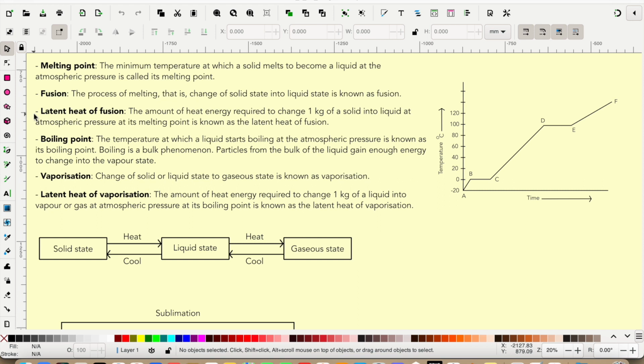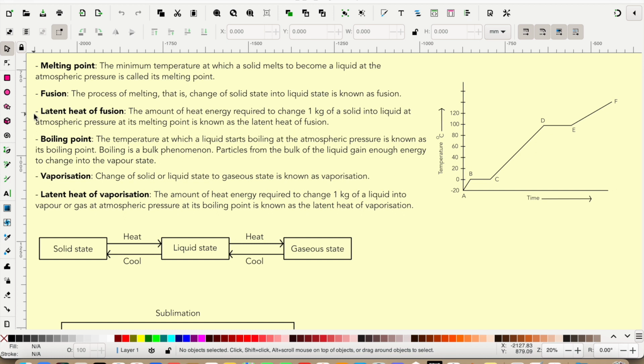Let us understand the latent heat first. We have seen in the above experiment that continuously supplying heat does not always change the temperature. During state change, temperature does not change. So what does heat do in this phase? It helps in melting the ice and boiling the water. It remains hidden, so it is called latent heat.